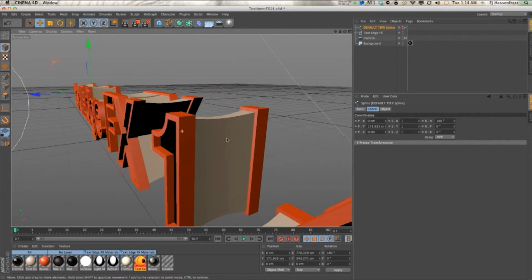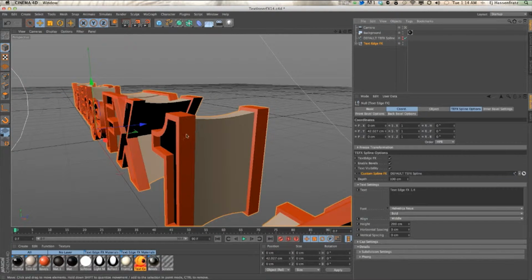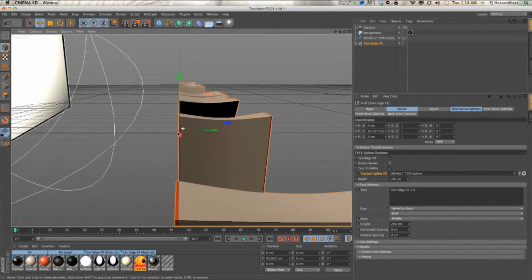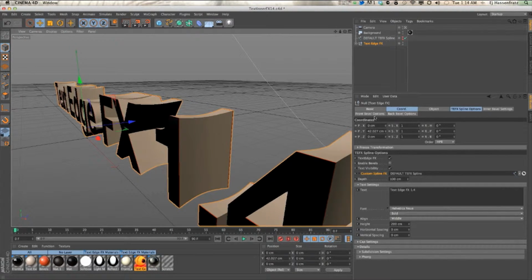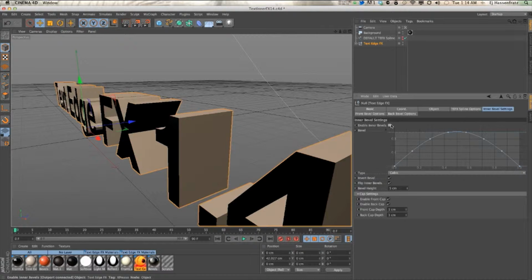So you have your normal bevels here, right? You can enable them, turn them off, but now we have this nice inner bevel action going on. So you have your front bevel, back bevel options. We have this new tab called inner bevel settings, and you can turn them on and off, and you can really see what enabling the inner bevels does. Basically, it's